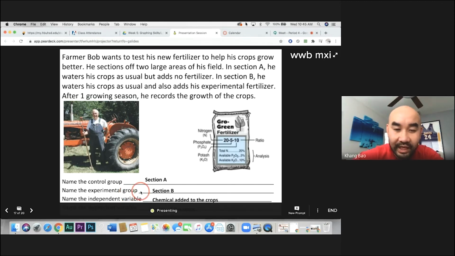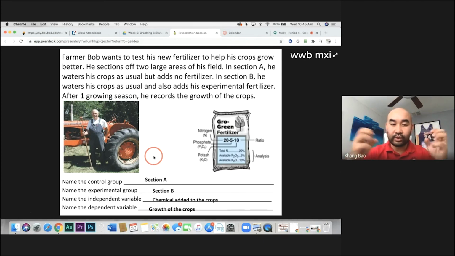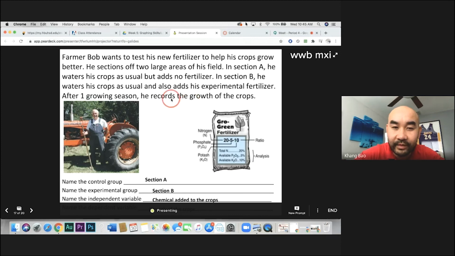So then what is the change? What is the independent variable, aka the change between control and experimental? That'll be the chemical that he added, or you can just say the fertilizer that he added. And then the last thing is the dependent variable. What is the key word for dependent variable again? It's what he collects. What data does he collect? What does he measure or observe? And they specifically told you right here, he records the growth of the crops. Make sense? So some of you guys, I noticed you still missing the